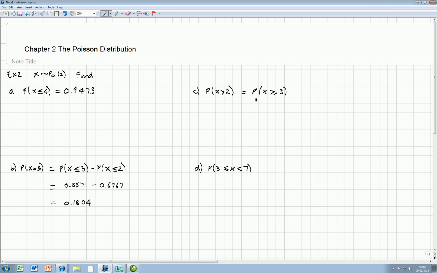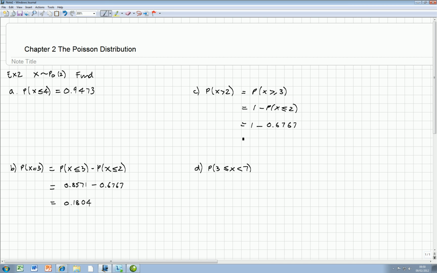So if we work that out then, well, it's a greater than problem, so we'll rephrase it. We'll say that's 1 minus the probability of x less than or equal to, now hang on, we want anything that's going to be less than 3, so less than or equal to 2. Okay, and again we can just look that up in the table. Now this will come straight from the table. In fact, we've got it already over here, haven't we? 0.6767. So 1 minus